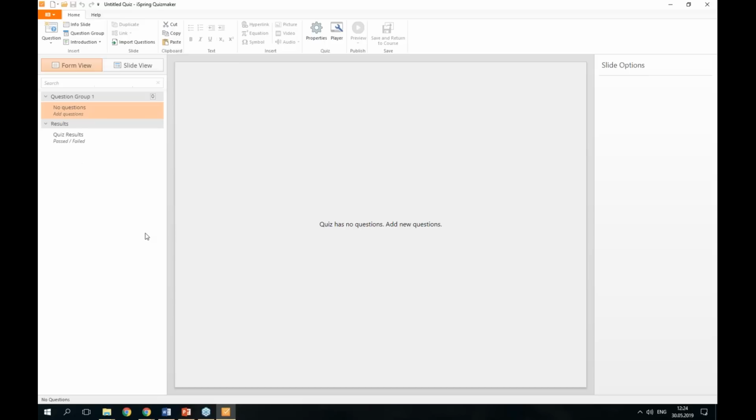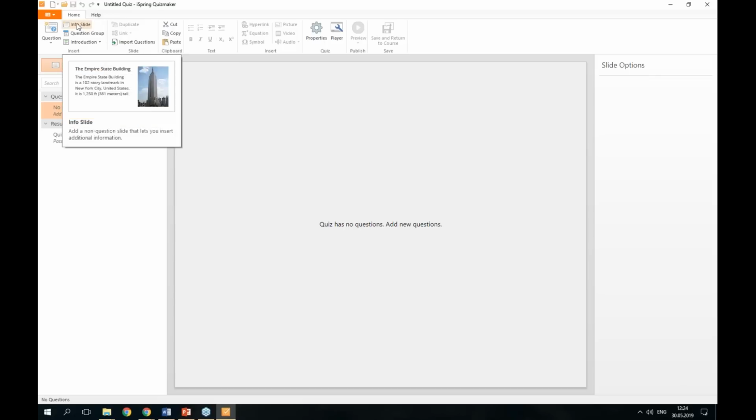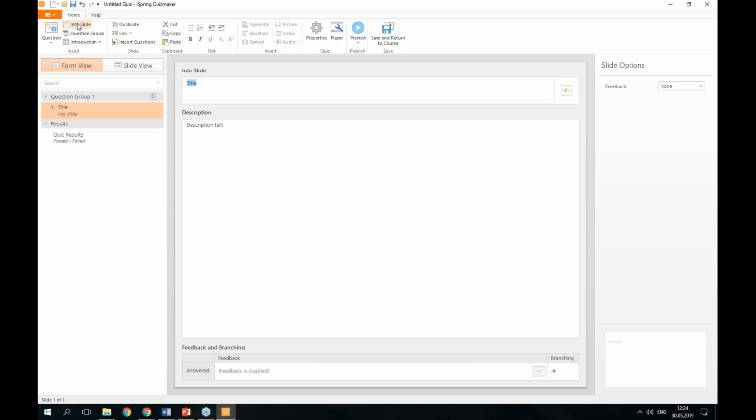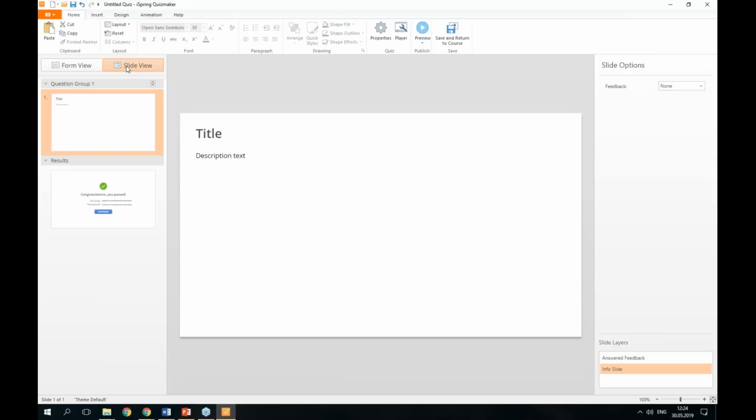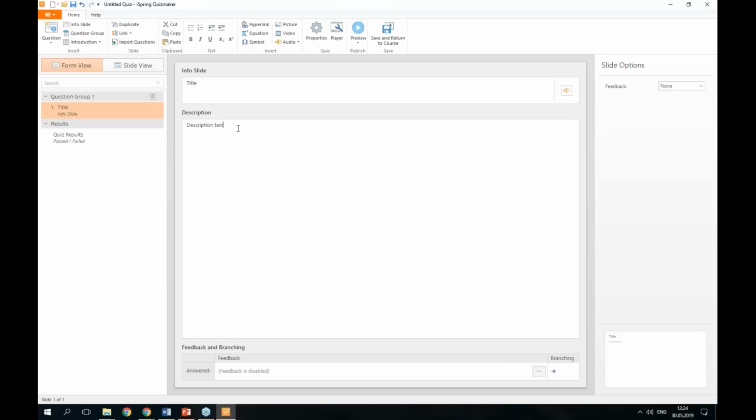So I will start my quiz with an info slide. Here it is, to make a title. And there are two different views. Form view, here you can set the questions and answers for your questions and info slides. And slide view. Slide view is responsible for the visual side of your quiz. And I'm going to insert the picture for my folder and edit the title. I'm also going to delete the description,